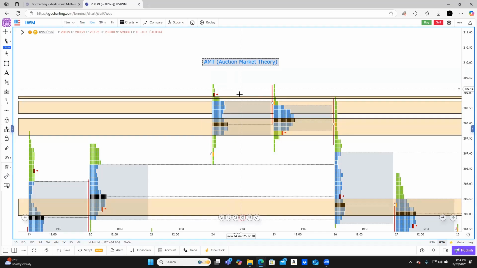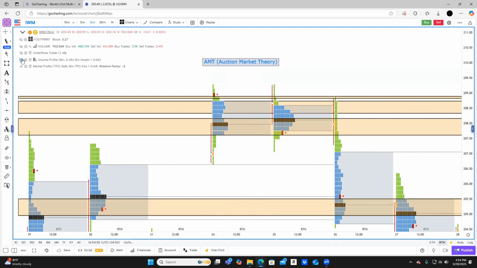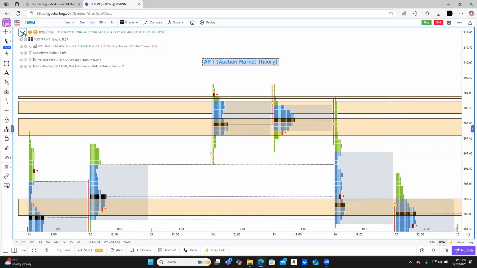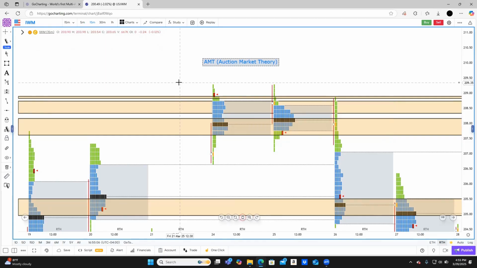If price was to open right around this top of value, you would be looking to fade it, right? You would look to fade maybe from here or that volume spike that we saw earlier. If I was to add it back here, you'll fade from there. Okay. So let me remove volume. So how did that play the day after, right?